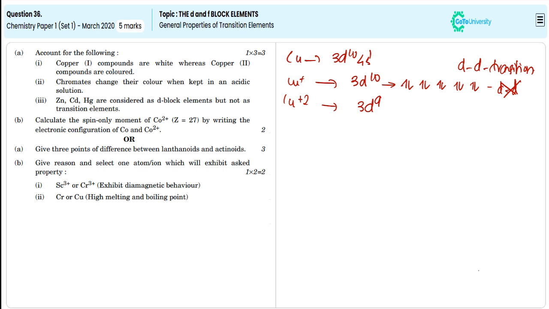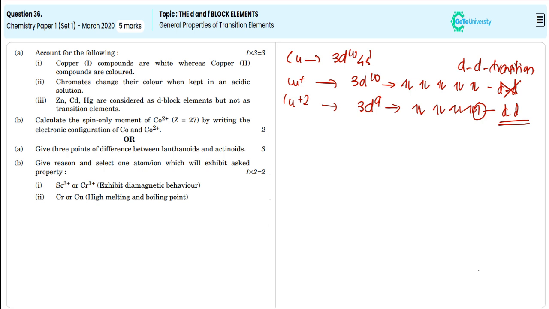At the same time, if you move to Cu2+ ions, they have the configuration 3d9. So we can see the electronic configuration will be like this. It means they have one unpaired electron. This one unpaired electron is responsible for d-d transition, and this d-d transition will cause the color of these